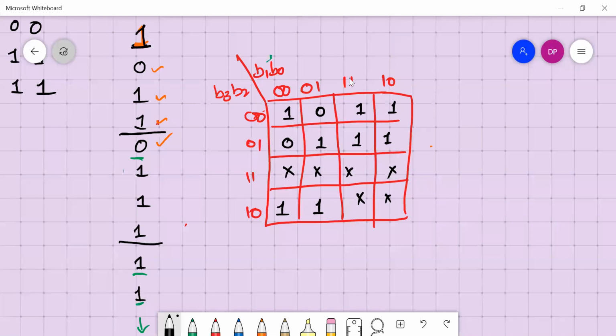So now you make grouping. You can make a group of this 8. Then you can make a group of this 8.